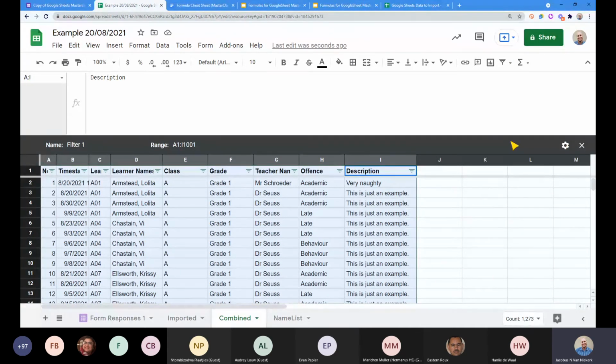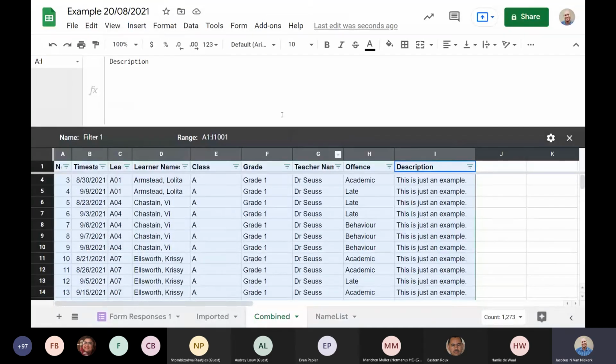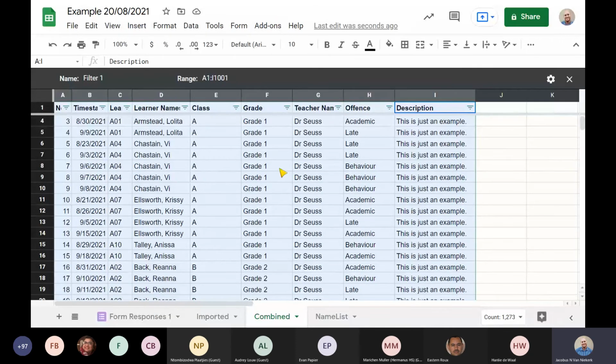The gray block that you see now essentially is an indication that this is a filter view. In other words, whatever I do in this filter view does not affect the other person viewing this same sheet. And while this doesn't seem like an important thing, maybe if you haven't used cloud-based sheets yet, this is really, really important. If I've got 10 people working on the same sheet, you can't all just use filters all the time, because once you apply a filter, everyone else sees that filter. But with filter views, it's different. With a filter view, I see the filter and no one else sees the filter, which is again a great trick that you can do.